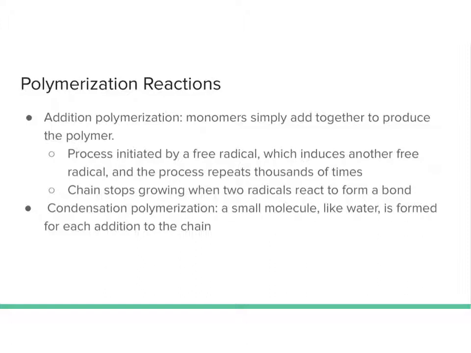There are two main types of polymerization reactions. In an addition polymerization, monomers simply add together to produce the polymer. The process is initiated by a free radical, which induces another free radical, and the process repeats thousands of times. The chain eventually stops growing when two radicals react to form a bond. So, for example,